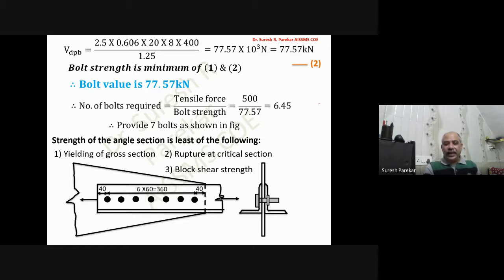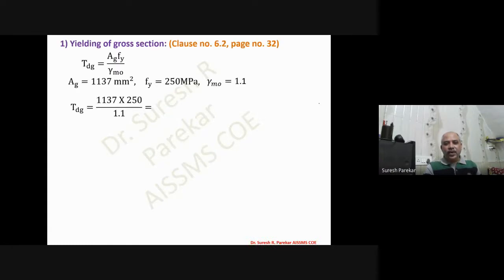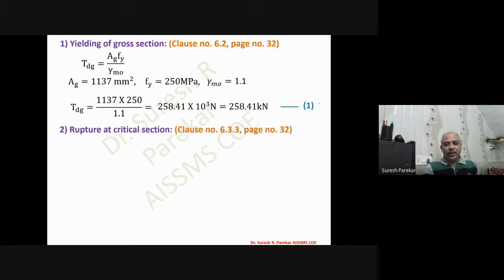Same analysis that we have done, the same analysis we have to go through over here. So I will not go into detail with this, as now we are well acquainted with it. So TDG value we have is 258.41 kilonewton, which is by yielding of gross section. Then we will go with rupture at critical section. Now we know the angle connected